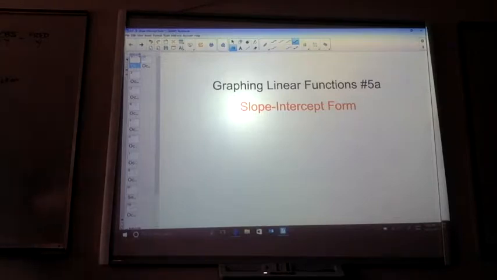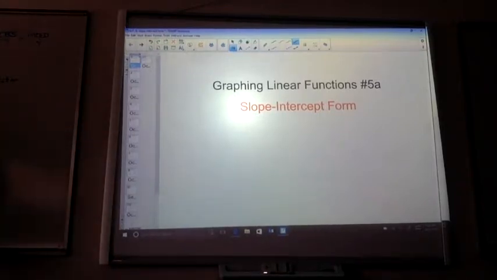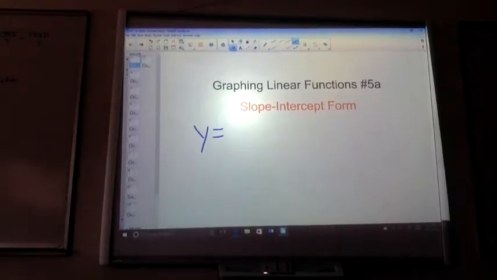Slope-intercept form is how your graphing calculators will accept linear equations. Okay? Graphing calculators like things as y equals. So if you have it in standard form, gents,